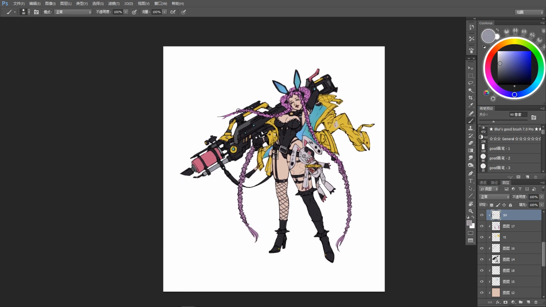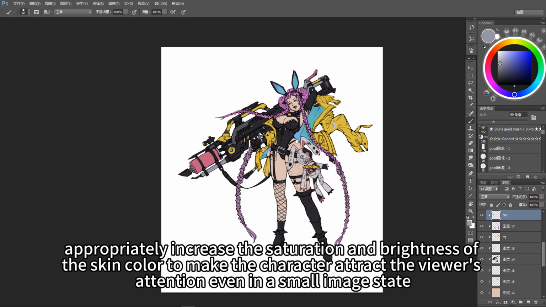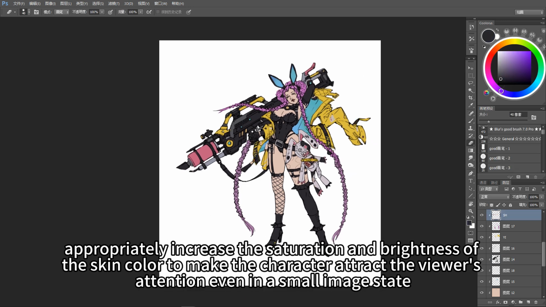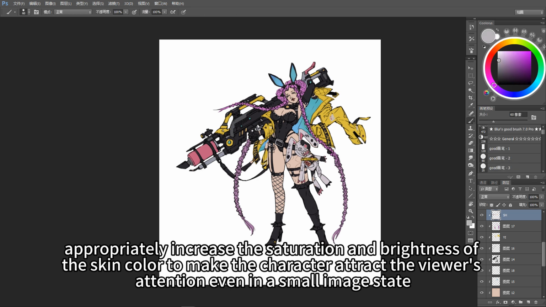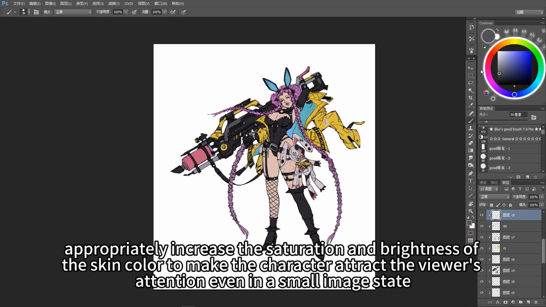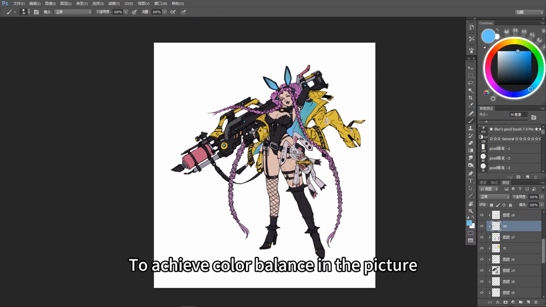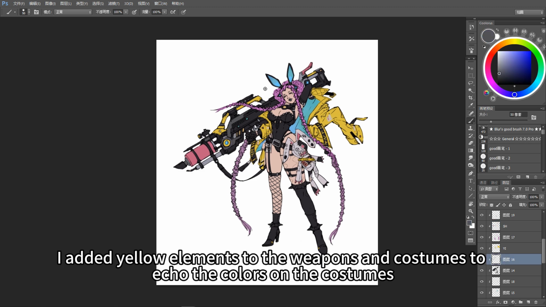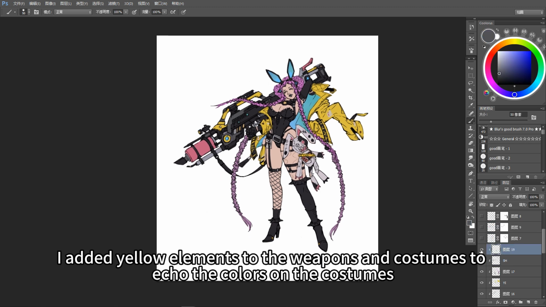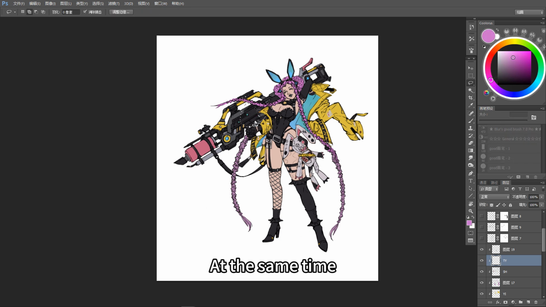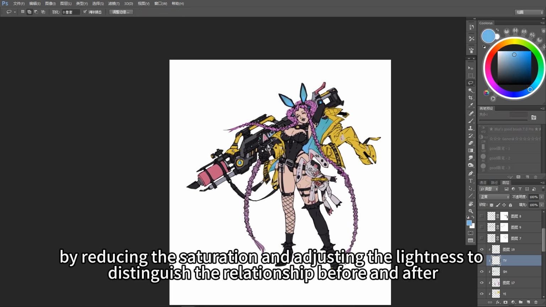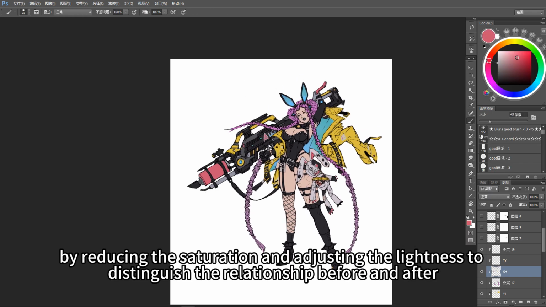In addition, appropriately increase the saturation and brightness of the skin color to make the character attract the viewer's attention even in a small image state. To achieve color balance in the picture, I added yellow elements to the weapons and costumes to echo the colors on the costumes. At the same time, by reducing the saturation and adjusting the lightness to distinguish the relationship before